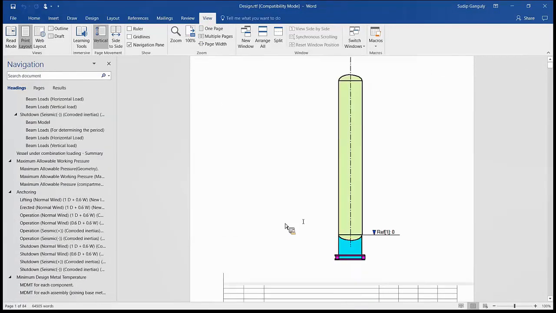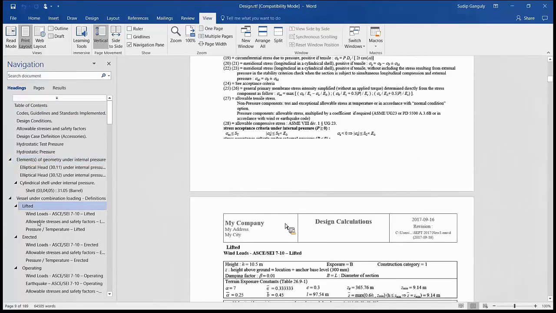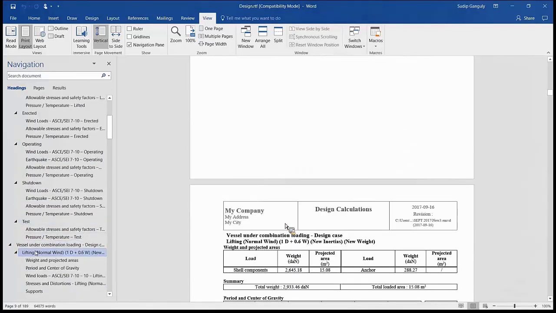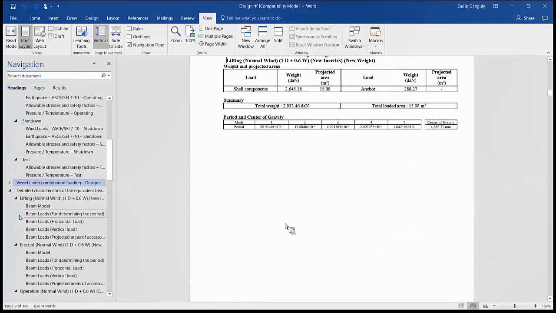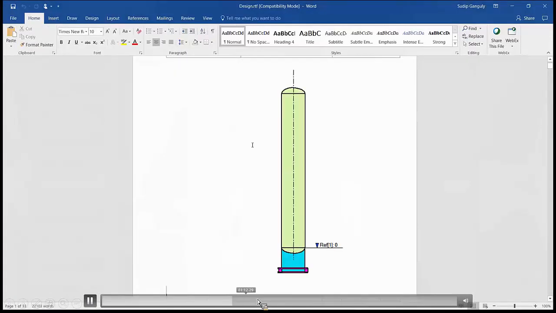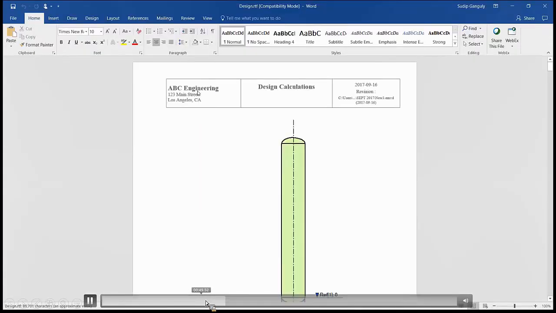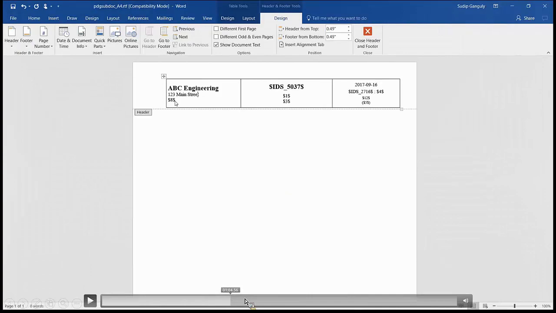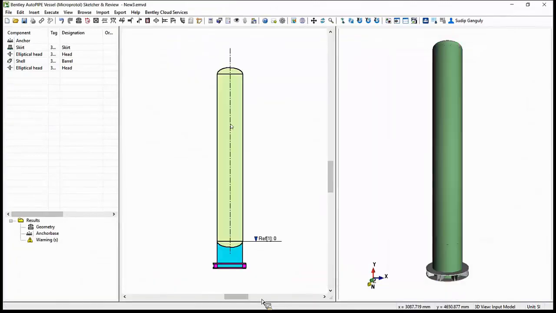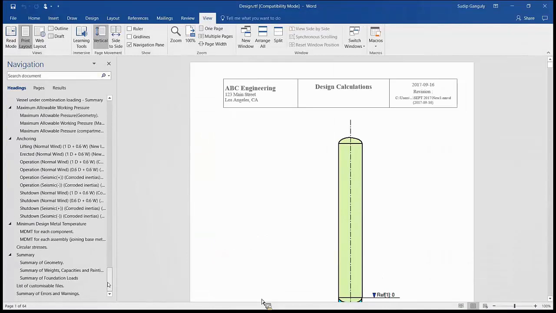Now the report is pretty detailed. All the information is shown here: the table of contents, the elements of geometry under internal pressure, lifted, erected, operating, shutdown, test cases. There is also a section for, let me just go back a little bit, where you see here, there is reports. Normally what we do is AutoPIPE Vessel gives a very detailed report for all the test cases, but